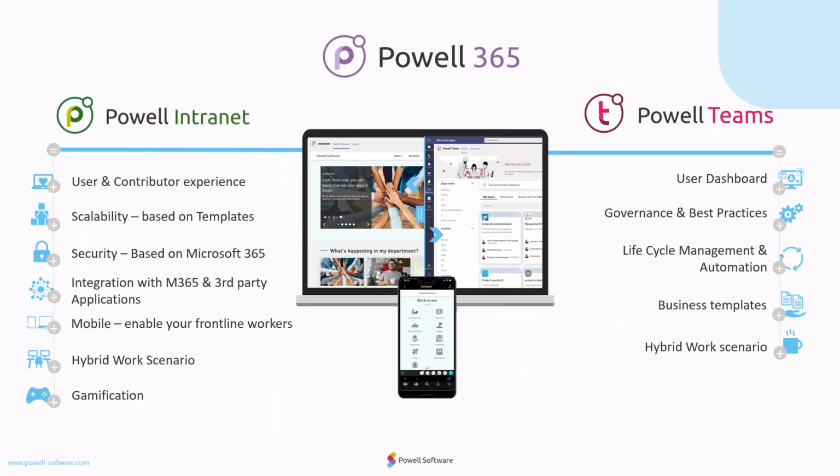Now, in terms of offering, what we offer is basically a global offering made of 2 key solutions. So you've got the 2 key solutions on the screen here. On the left-hand side, you have Pair Intranet, which is really our flagship solution. This is what we are known for in the market. This is what we started with 6 years ago. Pair Intranet is our intranet in a box solution that goes on top of Microsoft SharePoint.